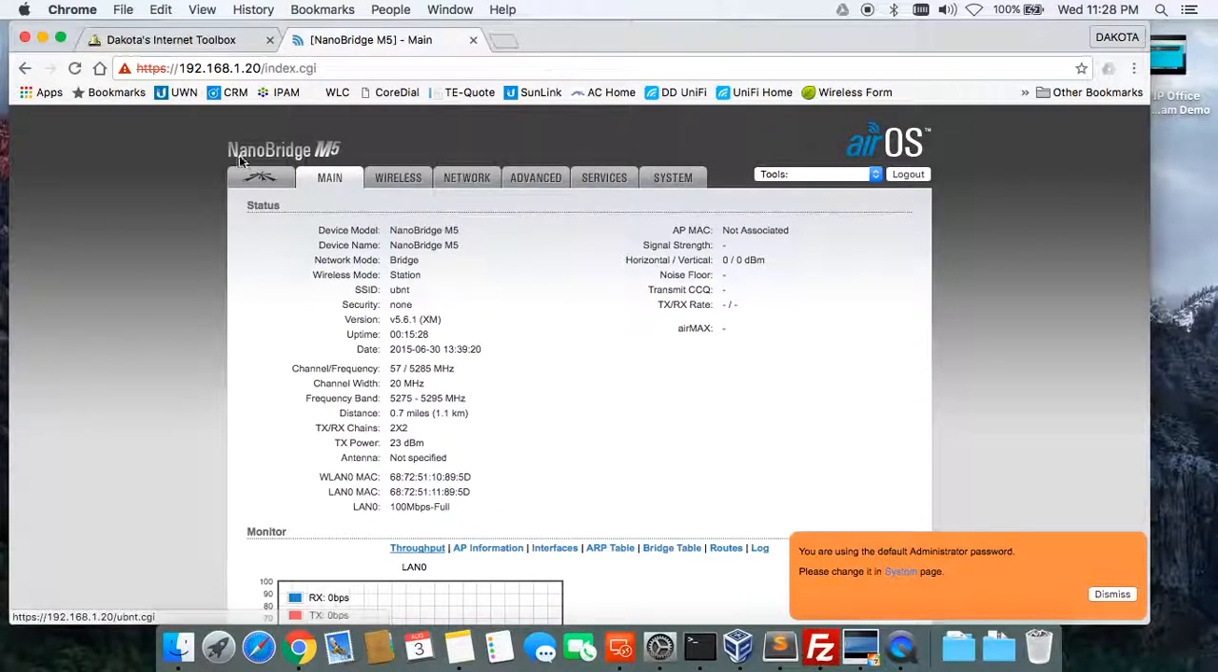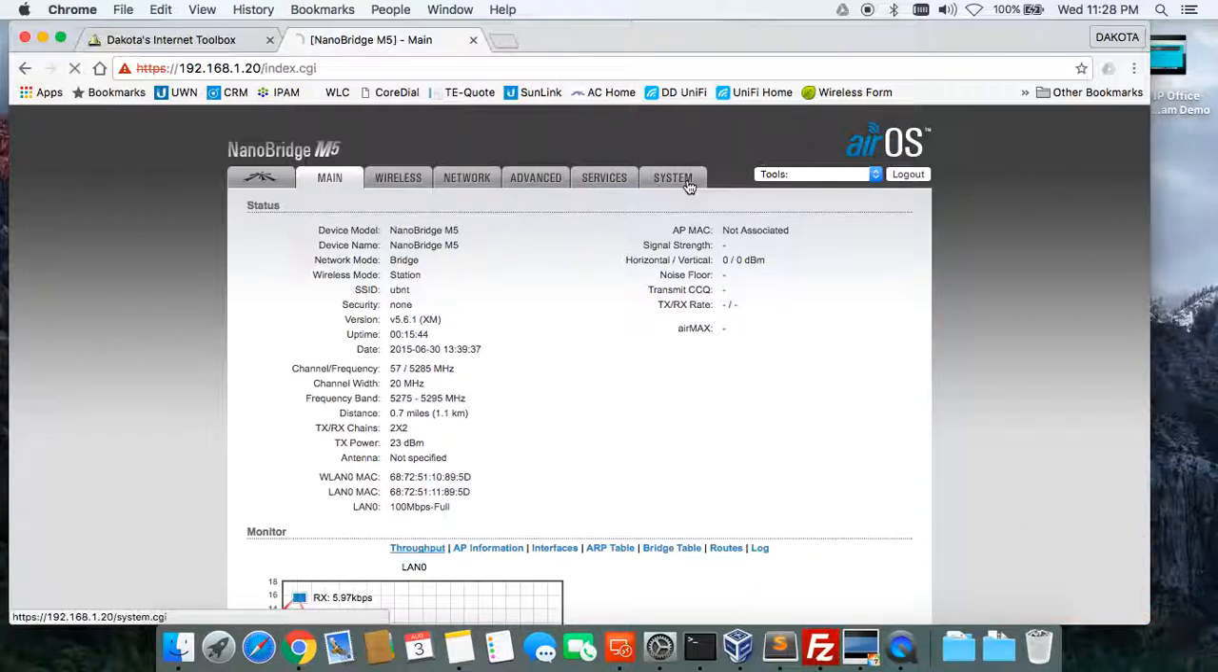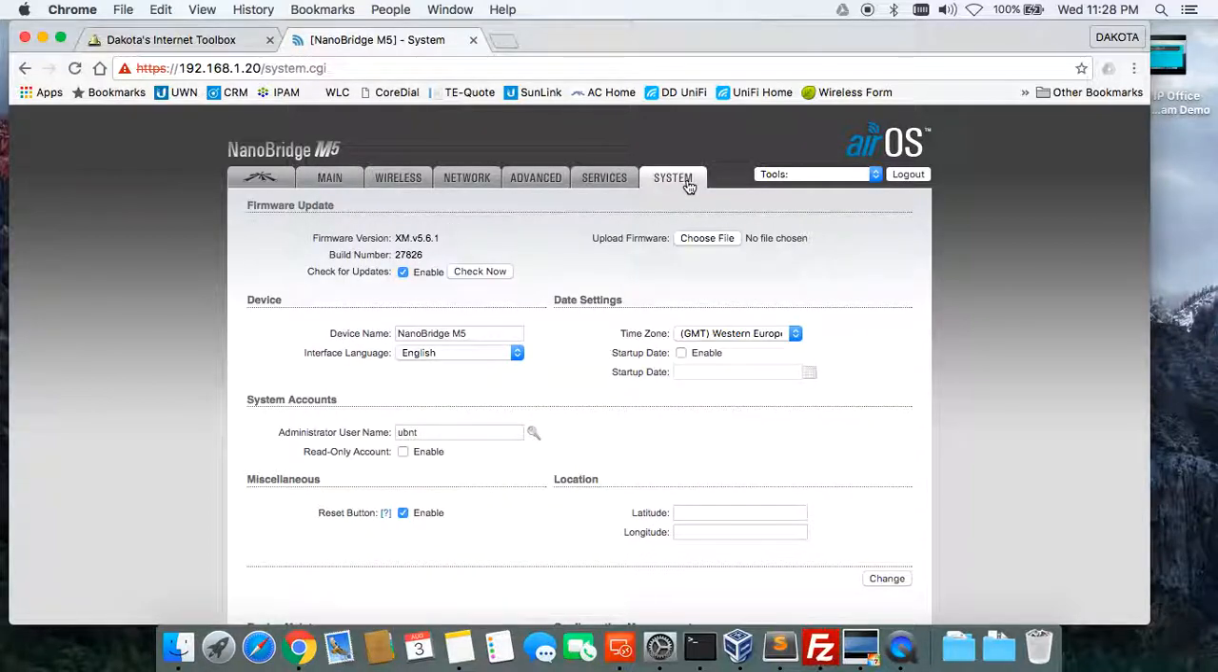So now it shows you that I'm logged into this Nano Bridge M5. I'm currently running firmware version 5.6.1. The first thing I'm going to do is upload the new firmware. I'm going to dismiss this pop-up for now. Jump over to System. Right here where it says firmware version XM version 5.6.1, I'm going to be looking for the XM firmware version,